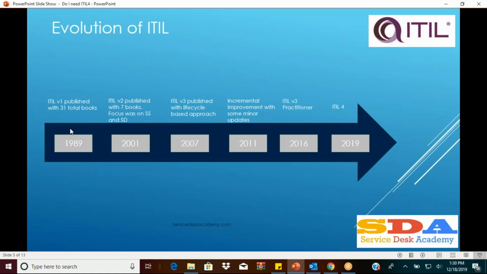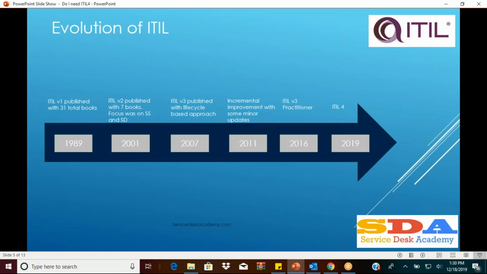Now you might wonder, why did this ITIL thing start off? What is the reason? You might be pondering what is the reason why ITIL incepted, and who actually started off this thing called ITIL? If you're thinking about this, yes, I'm going to answer this question. So ITIL started off in